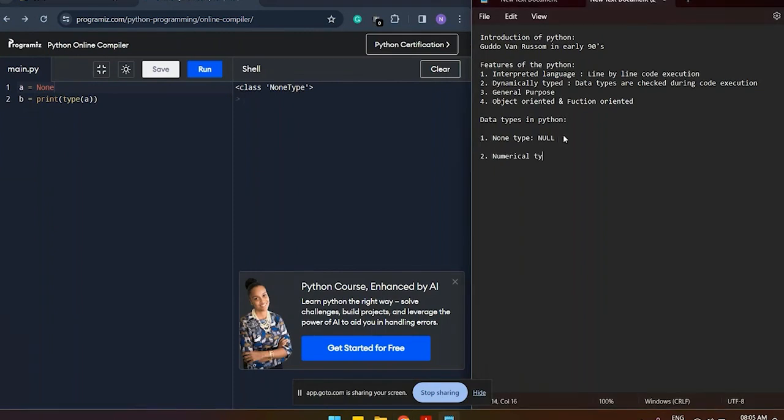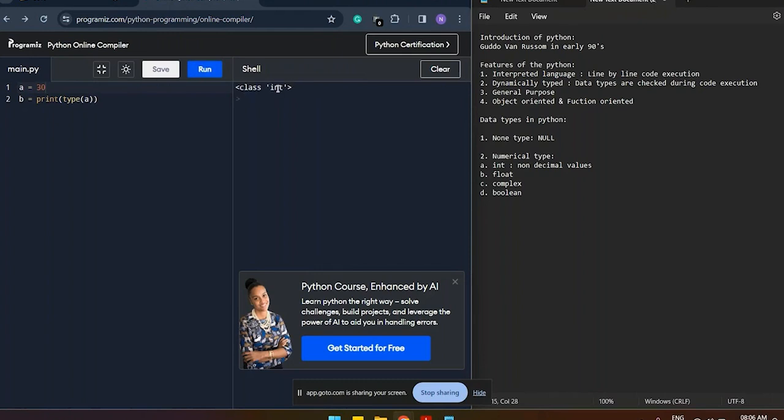Second, numerical type. In the numerical type, we have integer, float, complex, and boolean, right? So what are integers? Non-decimal values, right? The values which do not have any kind of decimal points in them.